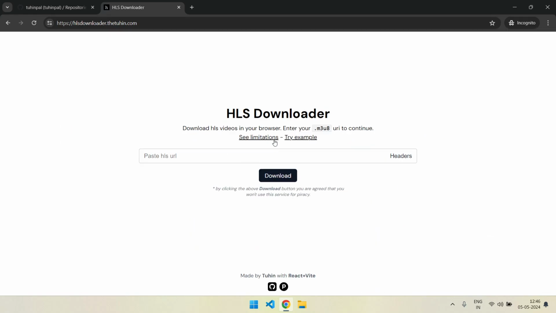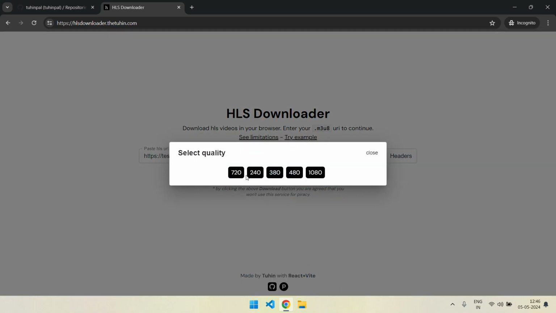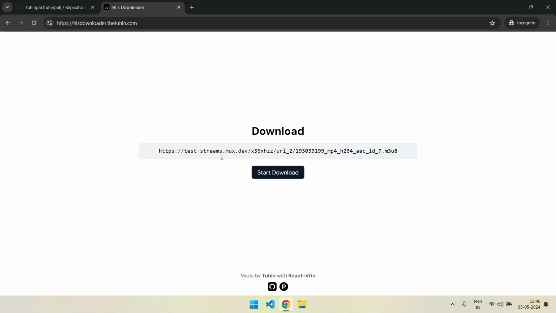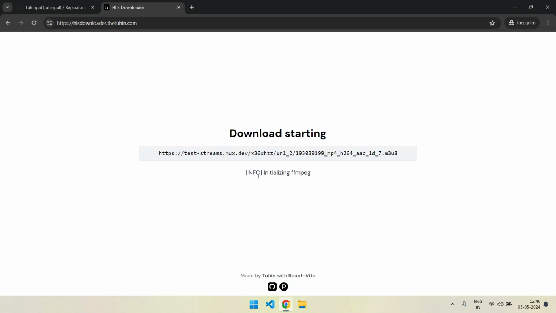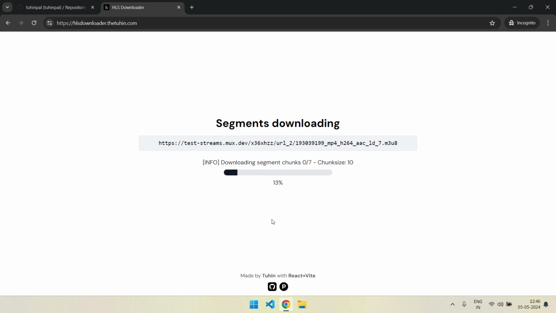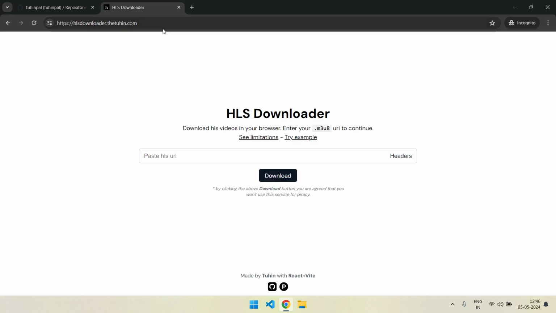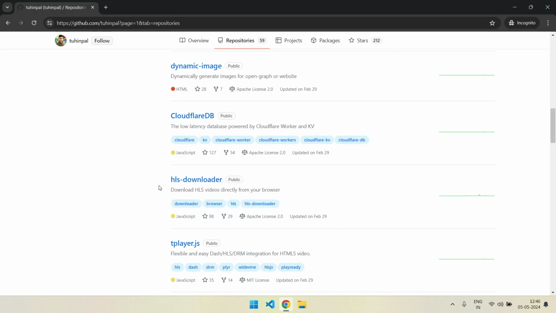So here you can give any HLS link, right? This is an M3U8 link. So if you click, then you get all the things. Let's say 240, right? Then I can start download. So in browser, it just downloads the chunks and then transcodes it, and it is very very fast and efficient. And I think this progress was done by some contributors. I don't know his name, but yeah, I love it. This project is very, very great. So to download, it uses FFmpeg, I personally use it sometimes. So yeah, HLS downloader. Perfect.